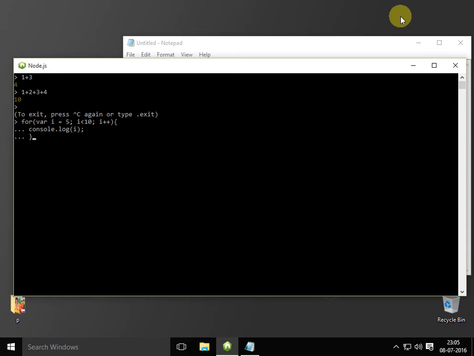Whenever I hit enter, it will print the output of this, and if I press Ctrl C, it's out of this loop. Or even you can understand by this, like for, and I am under this loop, and if I just want to exit from it, just press Ctrl C and you will be out of this. So this is all about exiting the loop, or L. So this is all about the REPL.